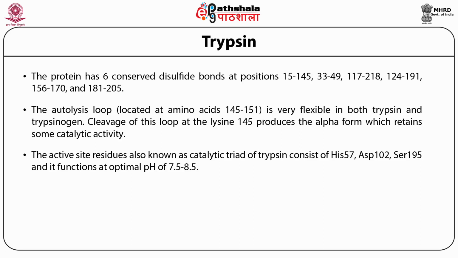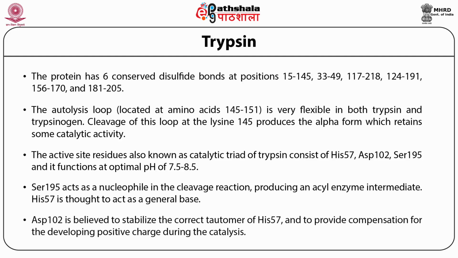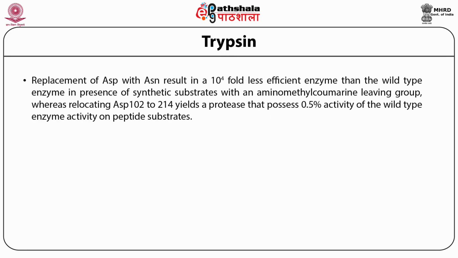Out of these 3 catalytic triad residues, the serine 195 acts as a nucleophile in the cleavage reaction, producing an acyl enzyme intermediate. Histidine 57 is thought to act as a general base. Aspartic acid 102 is believed to stabilize the correct tautomer of histidine 57 and provide compensation for the developing positive charge during catalysis. Replacement of aspartic acid to asparagine results in a 10 to the power 4 fold, that means 10,000 fold less efficient enzyme than wild type enzyme